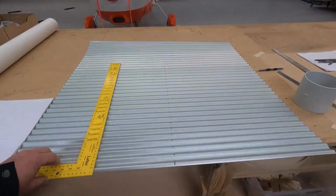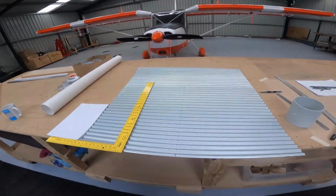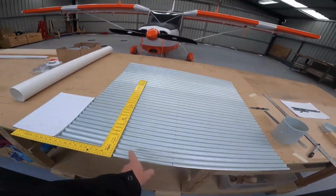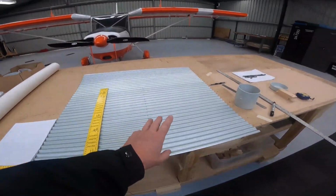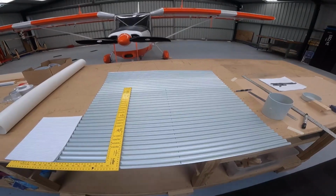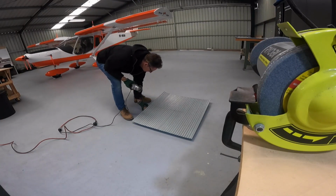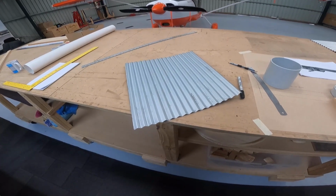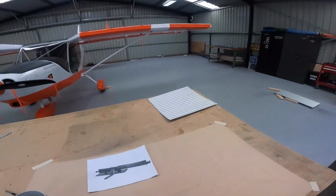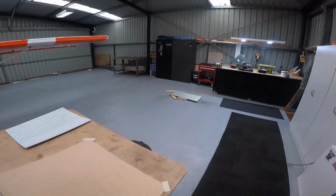Now we just cut some barrels out, marking up the galvanised or mini galvanised sheet. All right, so we're just marking out the sheet, square that up. This is a 900 sheet, so let's just go with a 450 barrel. We've got to make 2 of these. I think I'll kit one gun up and make the other one, just in case it doesn't work out. Now we'll cut this out. All right, 2 barrels, one there, one over there. Like I said, I think I'll make a kit and then build one, and then we'll make the second weapon if it works out. So cut those with the angle